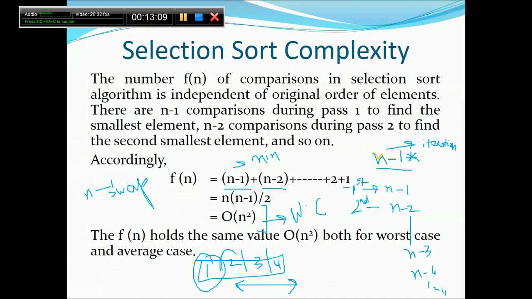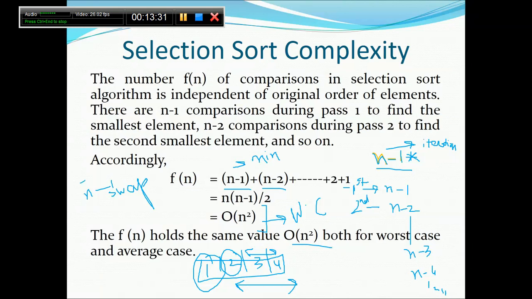For making 2 the minimum, you again have to compare the remaining elements, that is n minus 2, just to find the minimum. You cannot say directly without looking at the rest of the array. That's why the reason for the time complexity being order of n square is the comparisons.